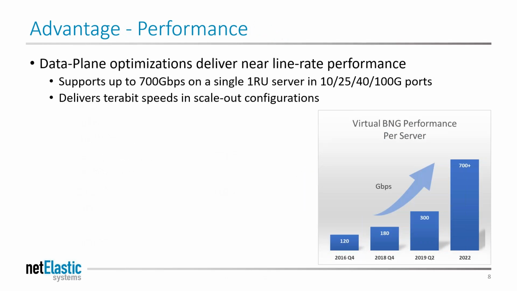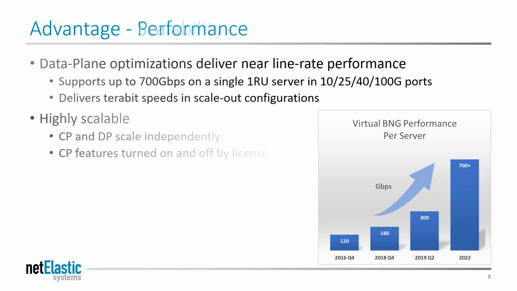One of the advantages of the netElastic virtual routing base platform is our performance. Intel has told us that we're the fastest performing virtual router that they've seen on the market. We'll support up to 700 gigabits per second on a single 1RU server on 10, 25, 40, or 100 gig ports. We therefore can deliver terabit speeds and scale out configurations. Some ASIC routers can certainly do terabit performance inside the box, well, multi-terabit performance. But for service provider solutions, this is a very cost-effective way to reach performance levels that are perfect for service